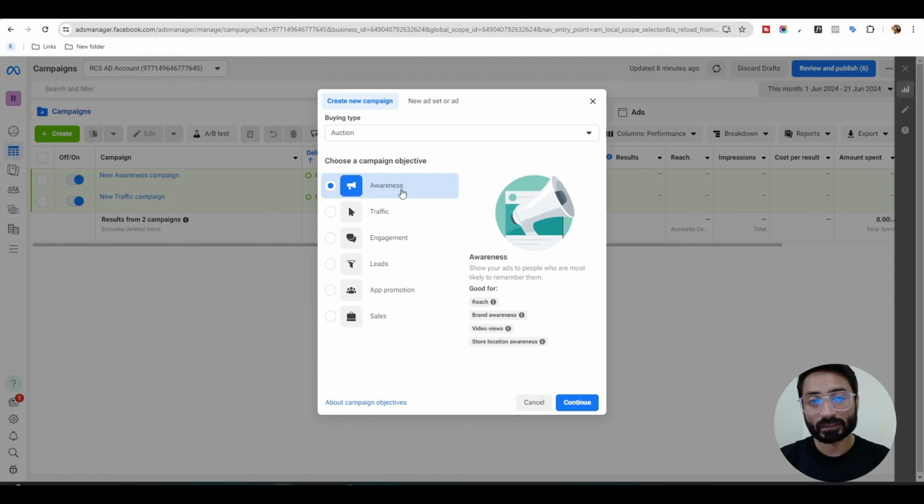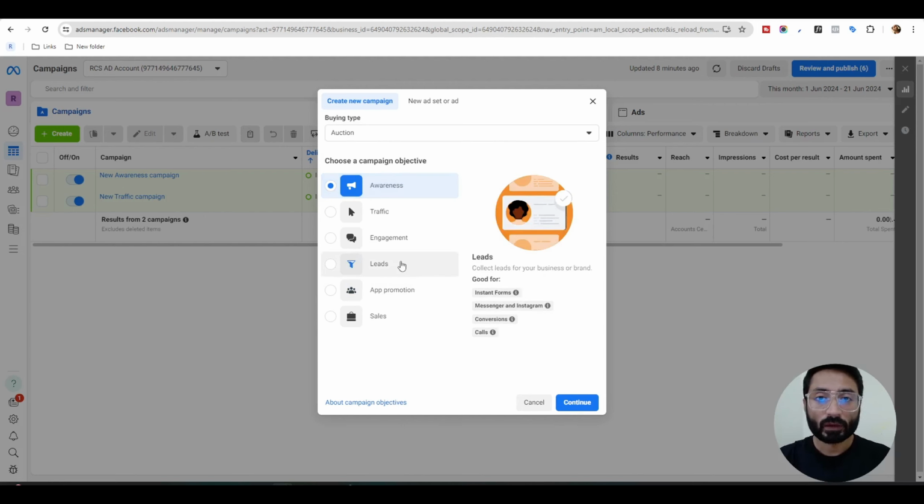So that's a simple and straightforward process. You can watch that after running an awareness campaign. What you need to do once you have a 15 days or a 20 days awareness campaign, stop that campaign and come to your ad manager and start a lead campaign. So for real estate, you just need to simply select leads here as the objective of the campaign, and we'll